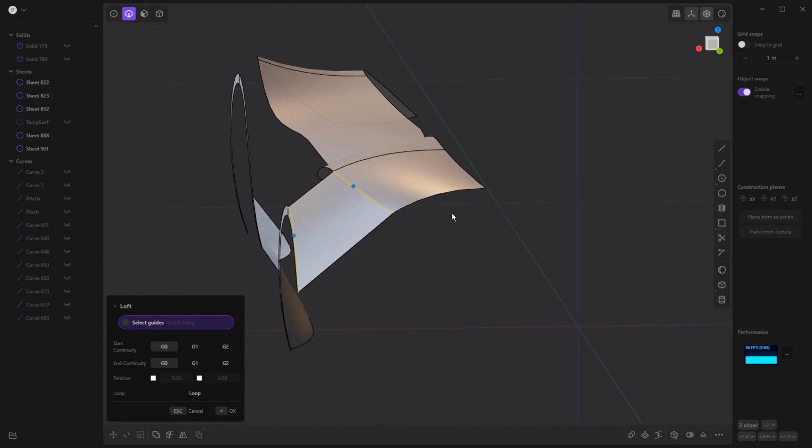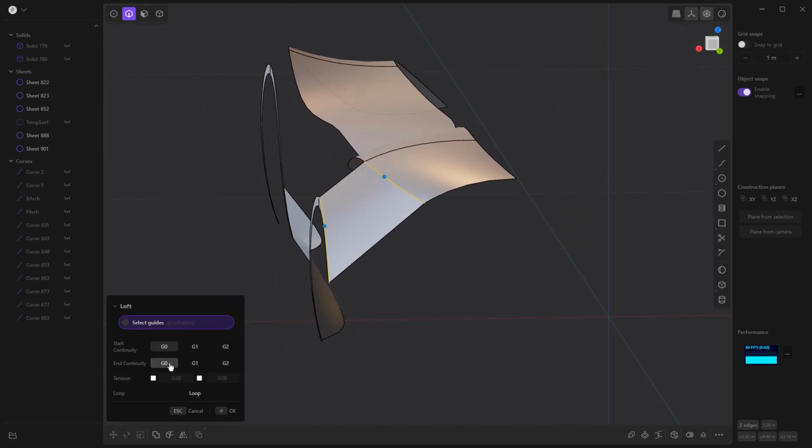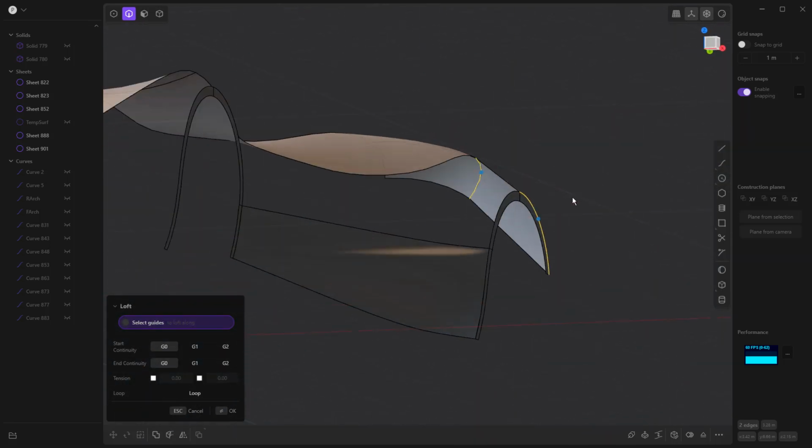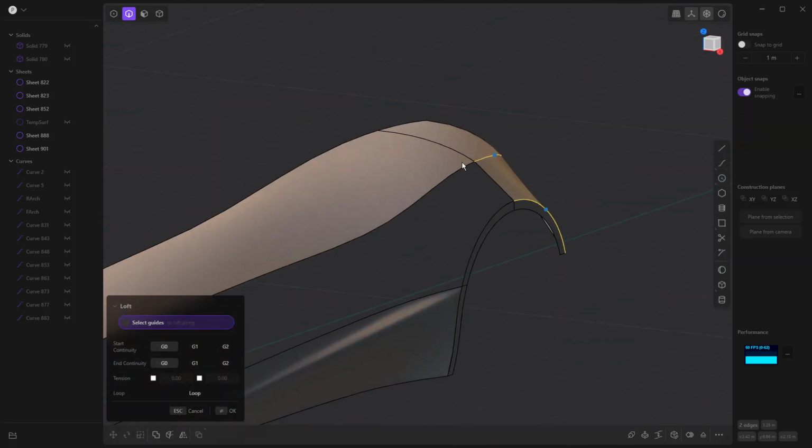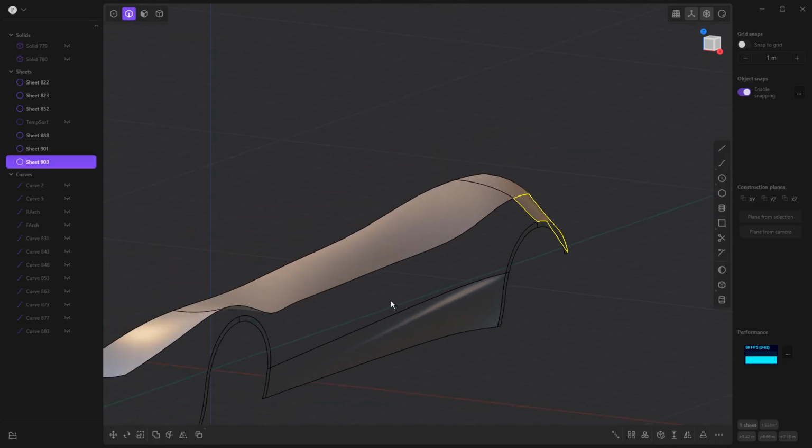Now, a lot of times you might want to use G0 continuity instead of tangency or curvature continuity because you can come back and smooth those out. So if you're looking for more of a straight edge that we can come back and do a fillet on later, make sure that you are using G0. So in this case, I'm going to carry on with G0, right click to accept, and we'll do the same